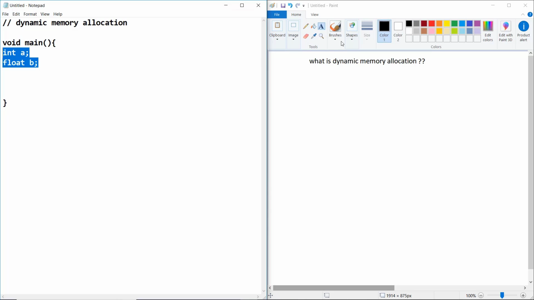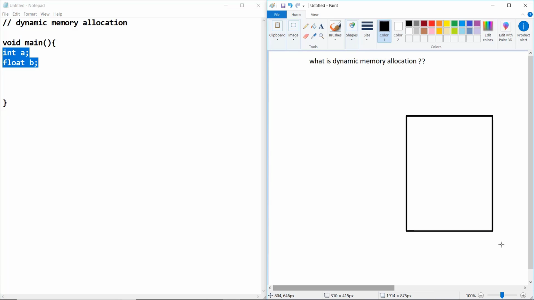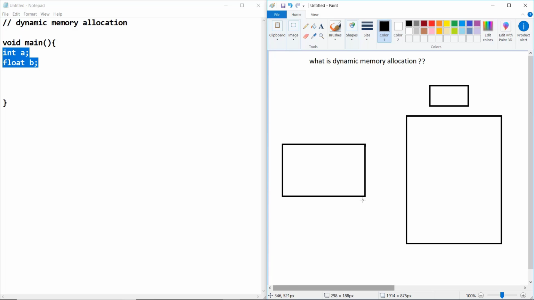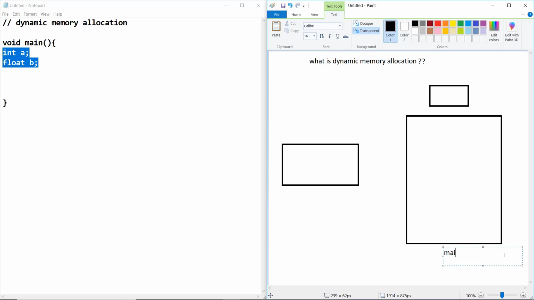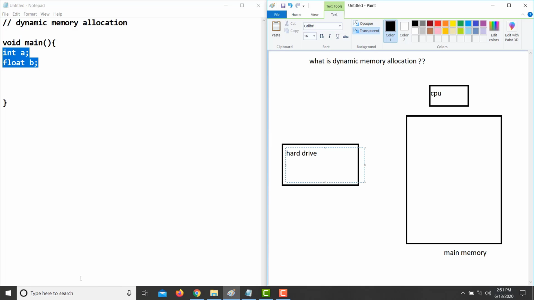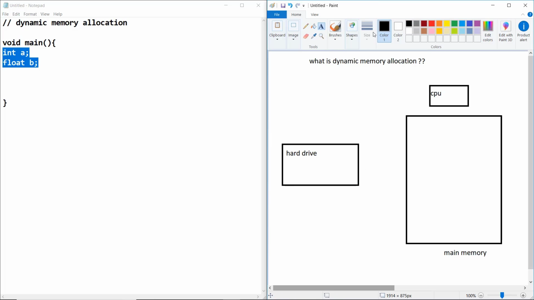Let me first draw that same diagram for you. This is the main memory, this is the CPU, and this is the hard drive. There is a connection between the two.